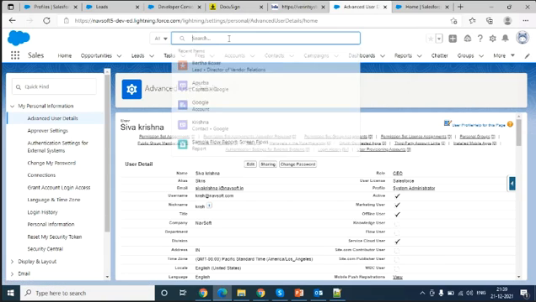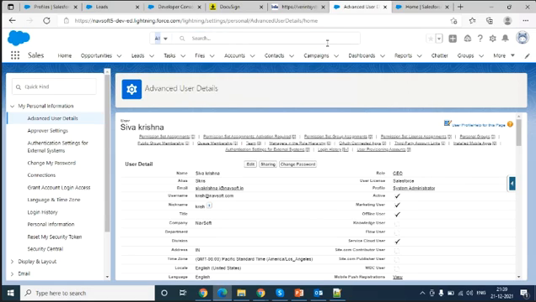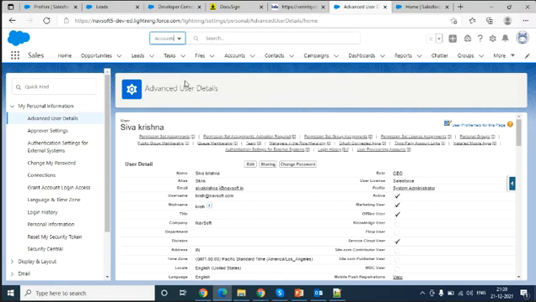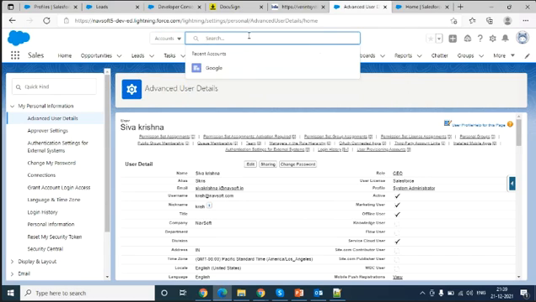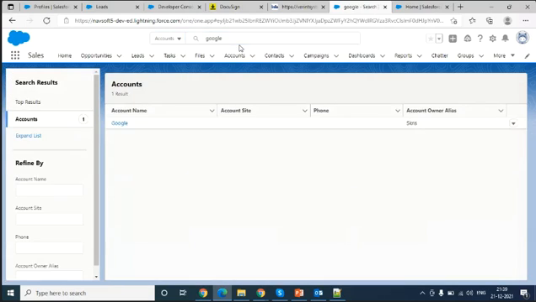Now what is this? This is, you can say, global search. Global search in the sense, from here you can search values globally. Or if you want to target a specific object, you can search it out. If there is data, you will get it like this. So it means it is globally searching something.